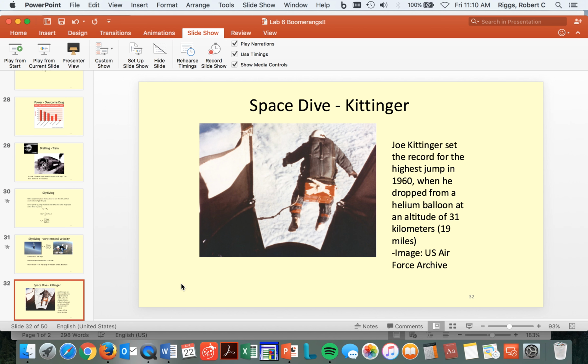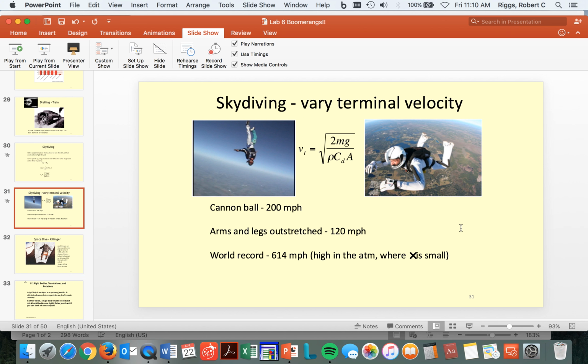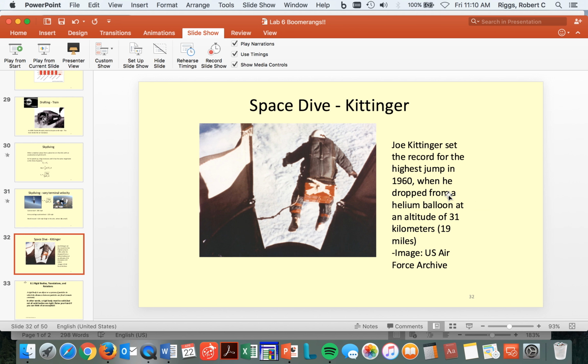He way exceeds it because he's a little bit higher than this, not much. He goes a little bit faster because he's outside of the atmosphere. Remember, the atmosphere is only about 16 or 20 kilometers up. Above the atmosphere, no air up there, no air resistance. Then all of a sudden he starts hitting the air resistance. You'll see he goes into a pretty violent spin, and if Felix Baumgartner wasn't such a good skydiver, such a professional, and in fact, I think that's Felix here, he may not have been able to pull out of that.